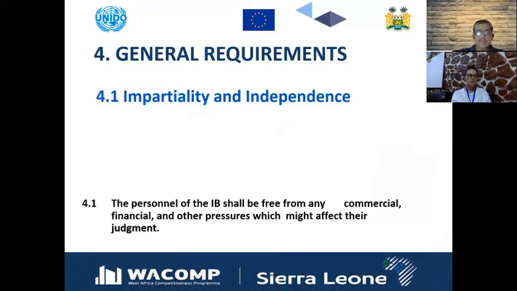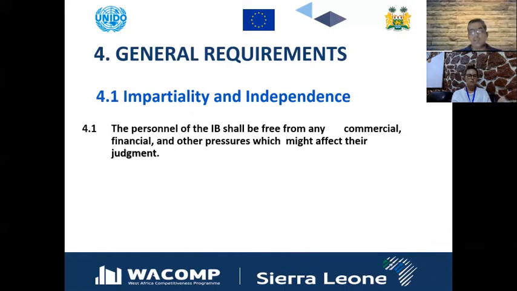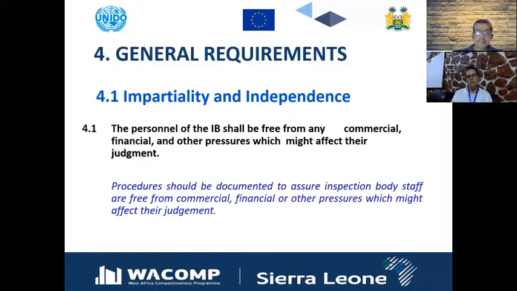In this general requirement, if we are going to establish the inspection body at P&B, then this inspection body, as per the general requirement, should be impartial and should be independent from any influence. Normally, what kind of influence can be created on any inspection body such that we can say that this inspection body is not impartial?